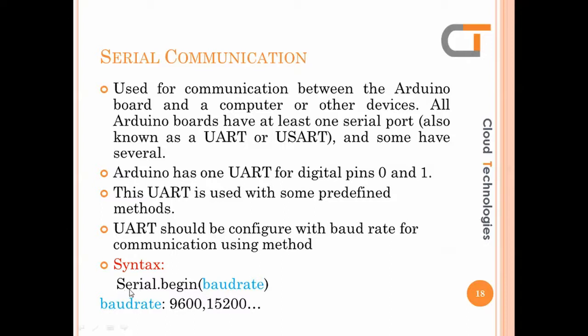Okay, so whenever we want to use serial communication, we have to configure it by using this method, Serial.begin of baud rate. So baud rate is nothing but the number of bits per second. So we have a lot of baud rates. I gave only two, 9600 and 115200. So 9600 is the default baud rate for a laptop also. In some other devices like GSM, GPS, their default baud rate is also 9600.